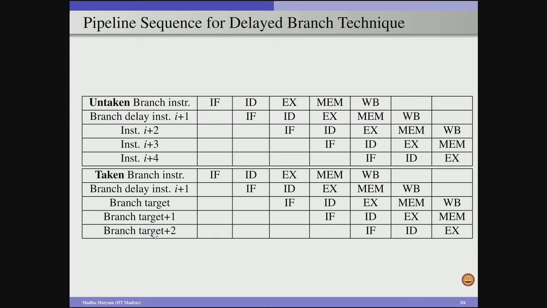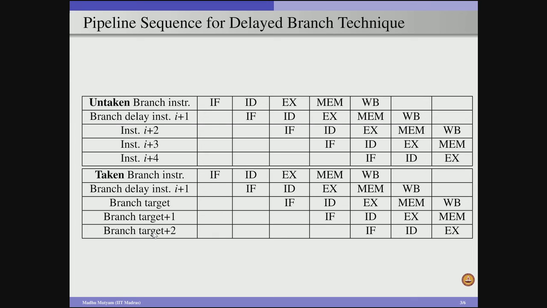But remember, if our delay slot stores some instruction which is independent of the branch condition and is also a useful instruction in the program, then we can complete the execution of that useful instruction without discarding it. As a result, we do not have to waste this one cycle of the pipeline, and as a result